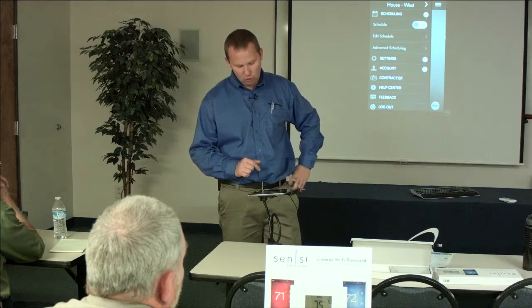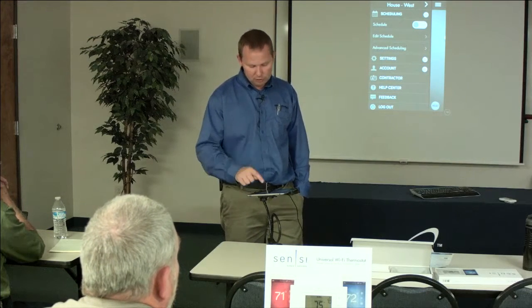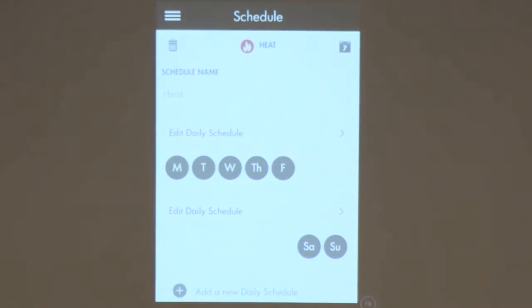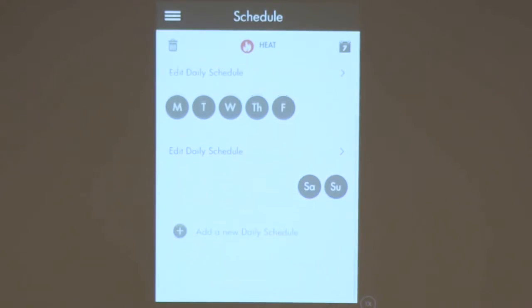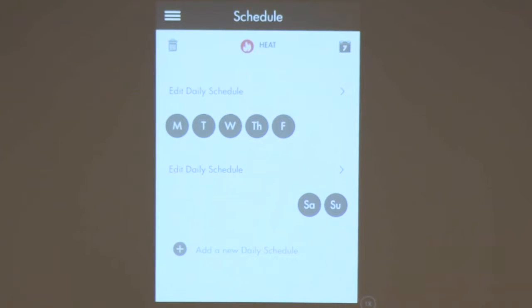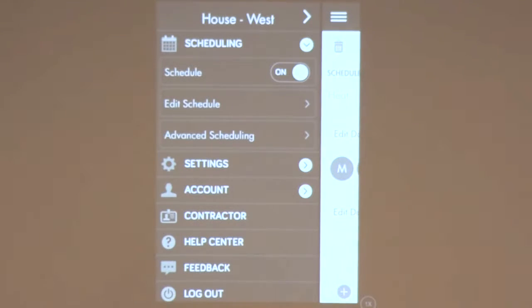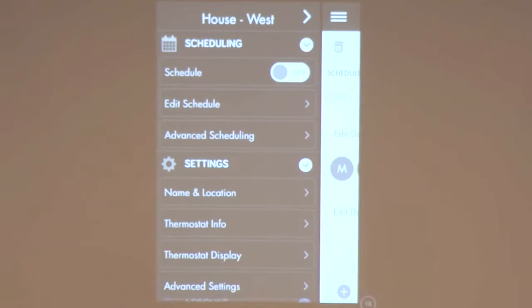So on the schedule, I don't run a schedule, but if you wanted to, you could turn it on. You could go to the edit schedule. Here's how you edit the schedule. You could pick multiple days, and it's very simple, tab driven, and you can trash whichever ones you don't want. I don't run a schedule, so I'm going to turn it back off, and we're going to go to the